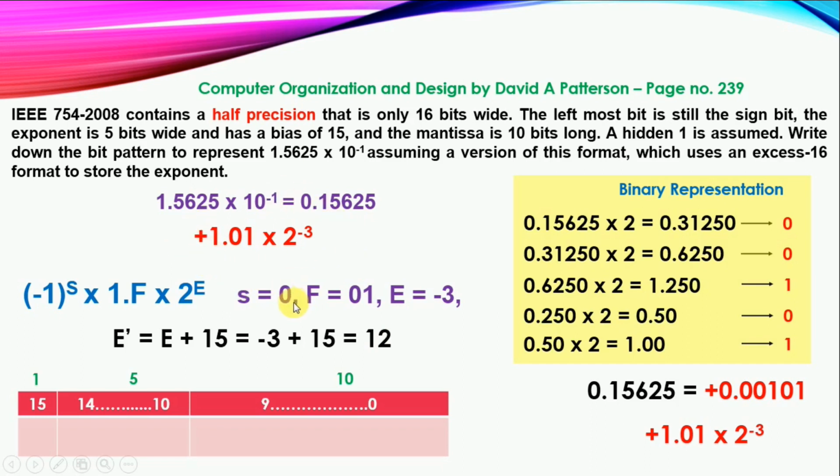This is the format for representing the obtained normalized binary number in half precision. Since my sign bit is 0, I am filling 0 at the MSB part. The obtained biased exponent is 12. For representing 12 we need only 4 bits, but we have to extend it to 5 bits by appending a logic 0. In the fractional field, it is 0, 1, only 2 bits are available. The remaining 8 bits will be filled with zeros. So this is the way we represent the obtained normalized binary number using half precision format.